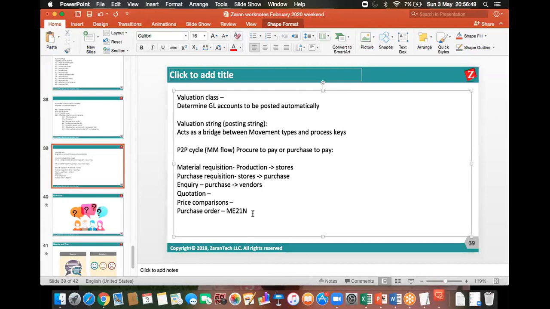So you need to post the material receipt first and then the invoice later. Material receipt, which is nothing but the raw material, obviously. Material receipt is also called goods receipt. It is done in the MIGO transaction. So when MIGO is posted,